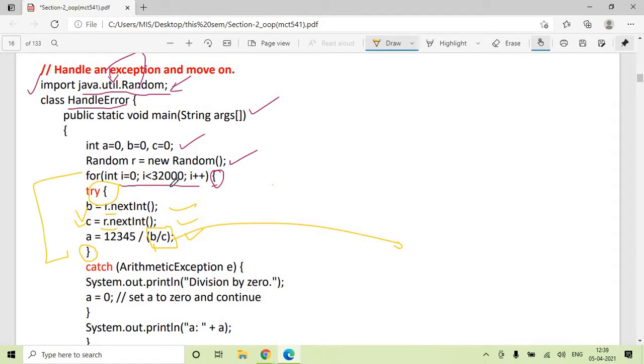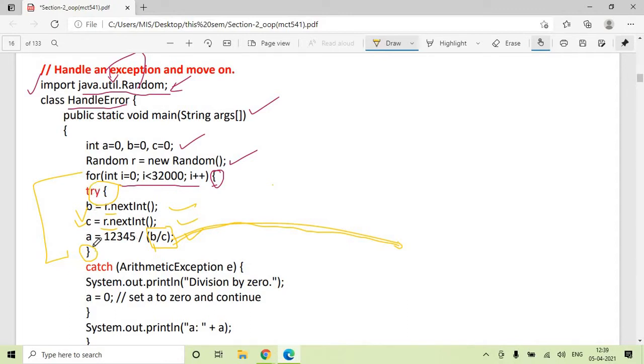So during those 32,000 iterations, even if at one time the denominator c becomes 0, then this particular line will give you an arithmetic exception, that is divide by 0, that we want to monitor.